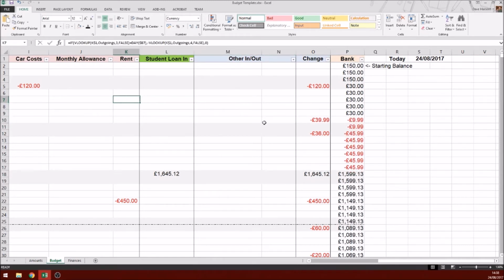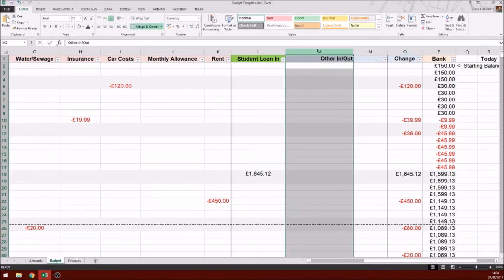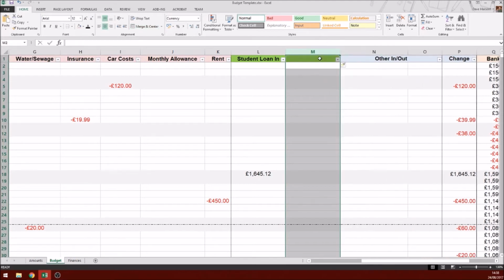Now, it's really important you keep this information up to date. So to start with, every student loan that you can put in, stick in here. In fact, I'm going to give you an extra column. Can I give you an extra column? Am I that smart? Did I do it that way? No, I didn't. But okay, we'll give you an extra one. Insert another row. Student loan in, let's say,